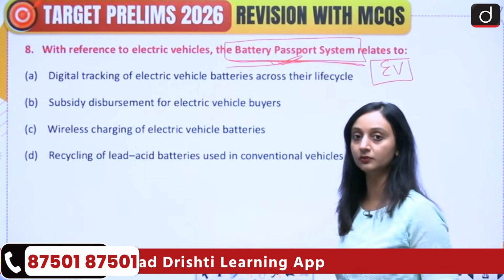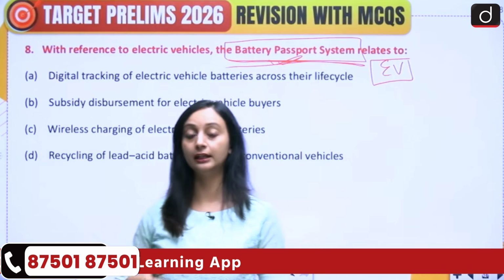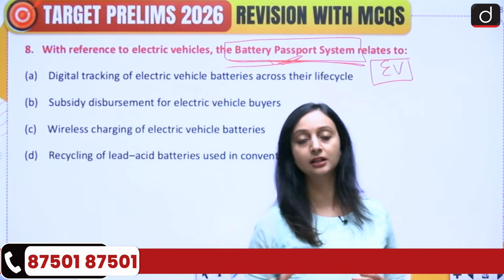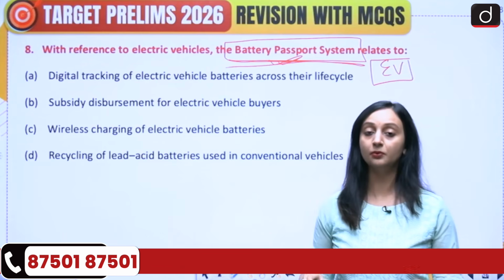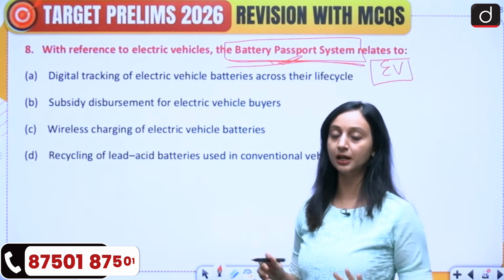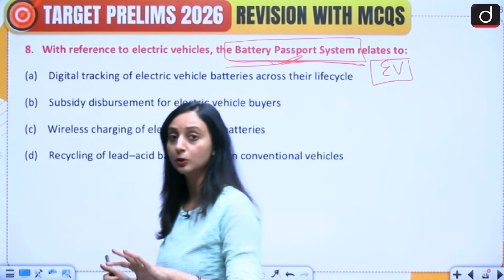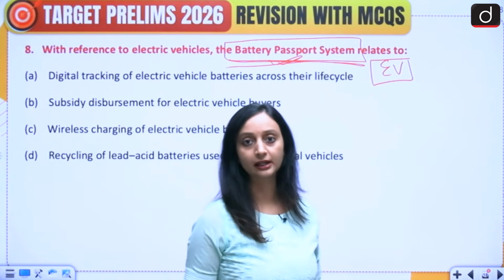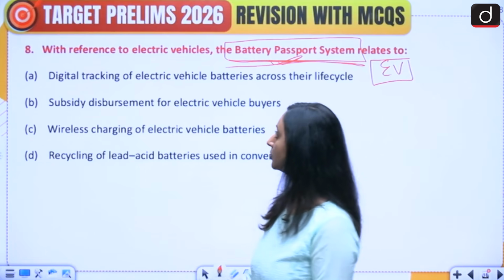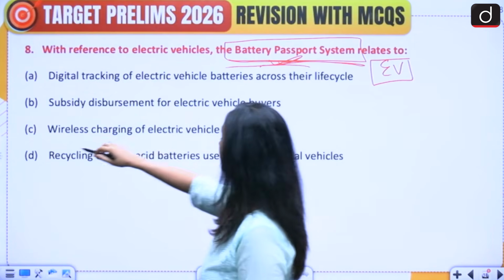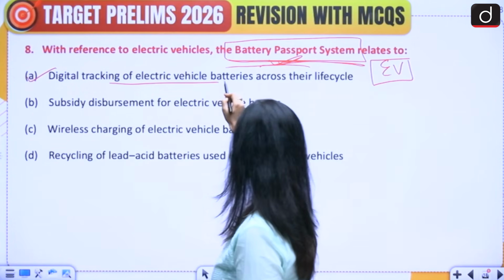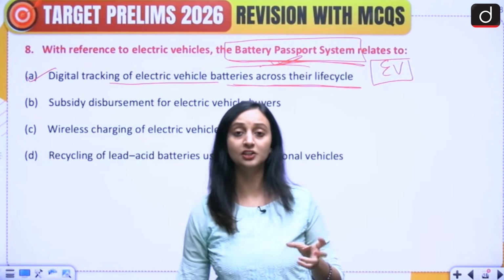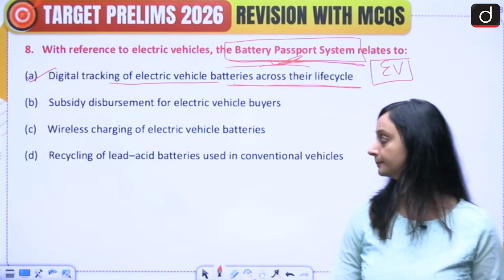It's present on the batteries of these electric vehicles, and it is going to track the entire life cycle of the battery. So this is going to make the process transparent, the entire life cycle of EV transparent. We know when it was manufactured, how much life is left, all the locations that it has been, how much wear and tear has happened. So basically the entire life cycle is going to be tracked. So it is for the digital tracking of electric vehicle batteries across their life cycle in the form of a digital ID. Okay.